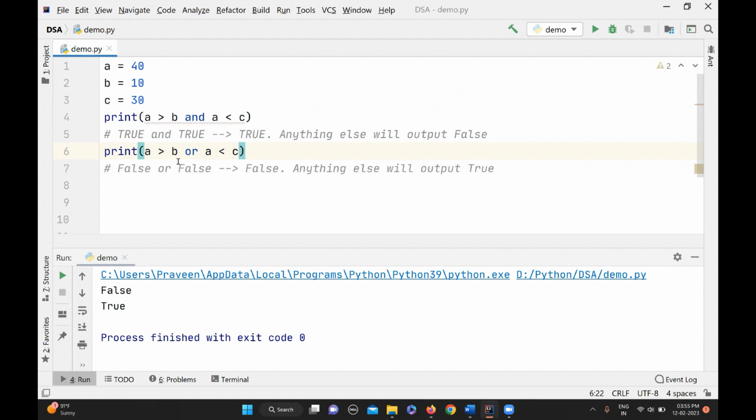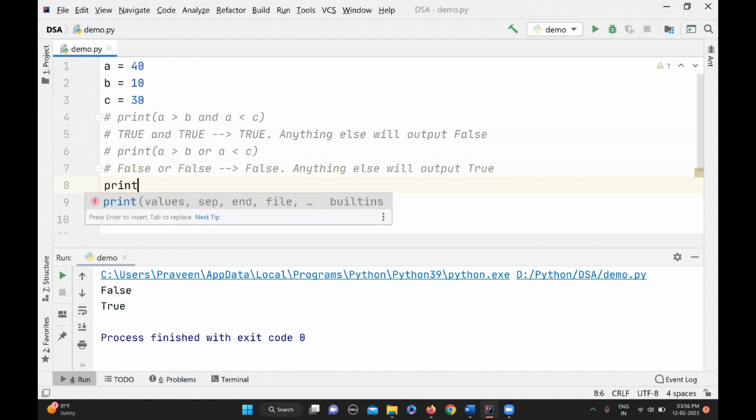Similarly, we have NOT operation. NOT is basically the opposite of what we are getting in the Boolean expression. So for example, let me just leave it as it is. I'm going to comment these two now. So if you see,